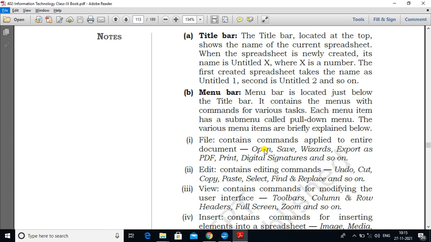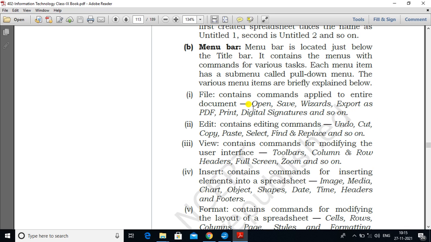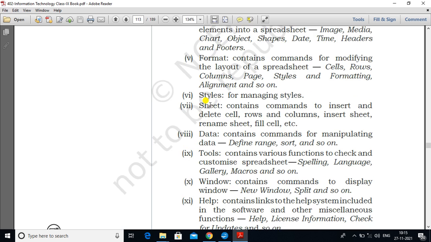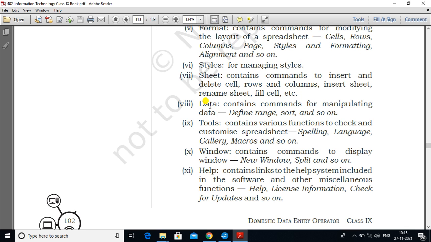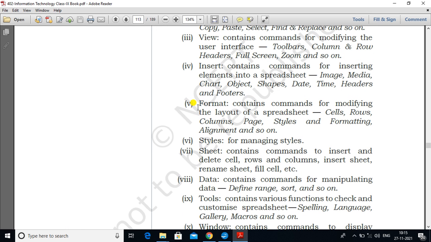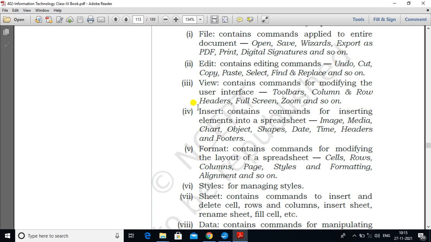Okay, so in the last class we discussed the spreadsheet, the different parts that belong to the spreadsheet application, and the software that we are using for spreadsheets. We discussed the title bar, the menu bar, and the different menus in the menu bar, like the format menu, insert menu, view, edit, and file.